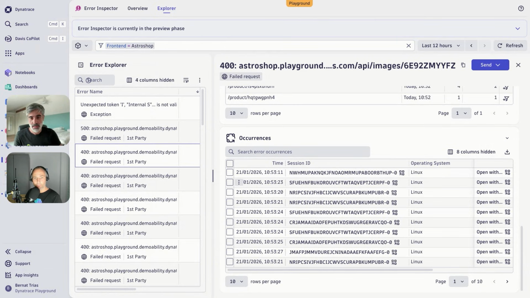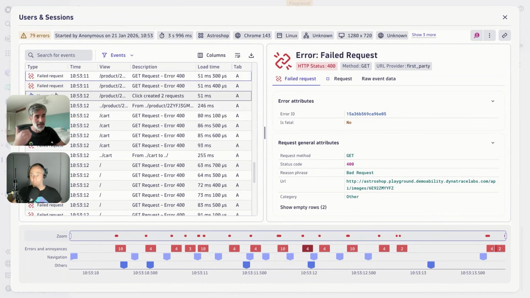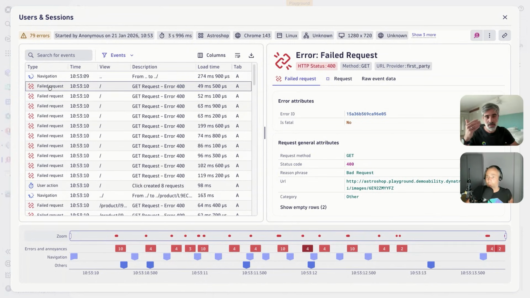but very importantly, we need to understand how this is affecting the end users. And to do so, here we can see all the sessions that have been affected by this particular error, and I can click on an individual session, and here I can see all the events that happen in the session. We see that this is a demo session with a lot of failed requests, so we can understand in which context this error happened, how it might be affecting the user,